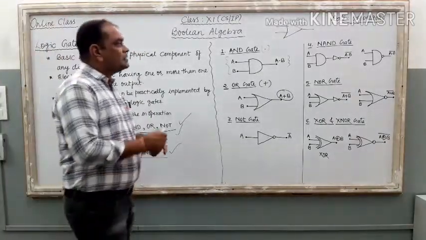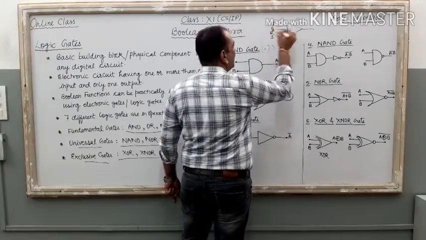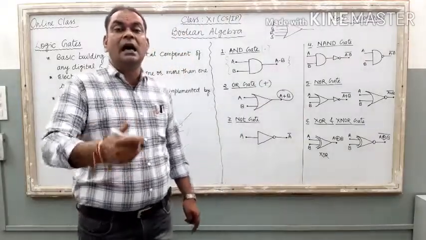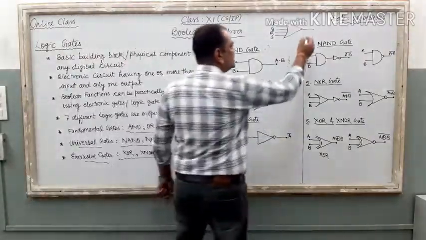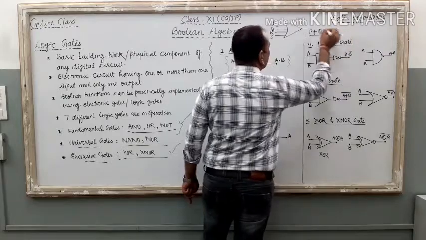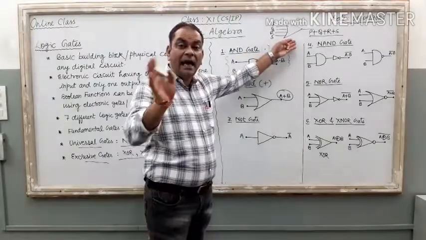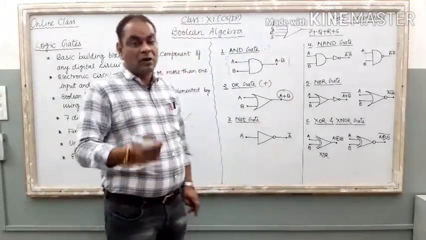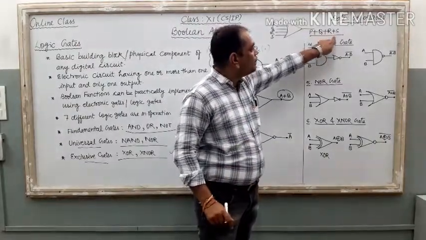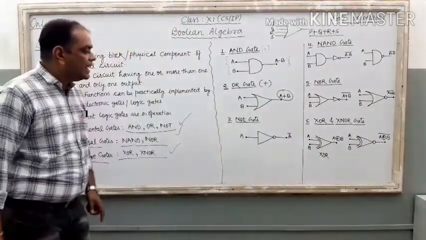Suppose here it is the OR gate and I supply 4 inputs P, Q, R, S. Now the question is, what is the output of this OR gate? Very simple. Just put the plus symbol in between all these inputs. So the output is P plus Q plus R plus S. And if it is an AND gate instead of OR, what will be the output? Just put dot in between all the inputs: P dot Q dot R dot S. Simple. Now come to the third gate, the NOT gate.